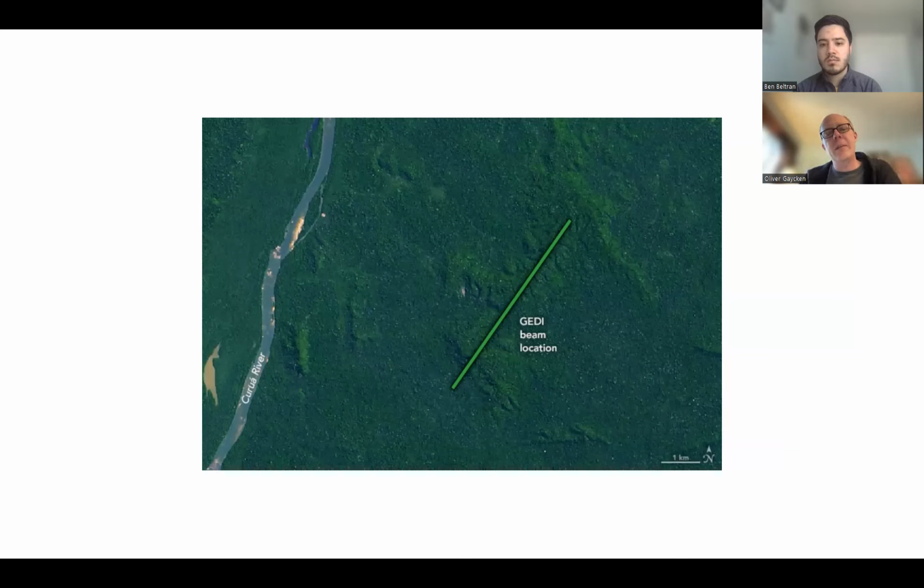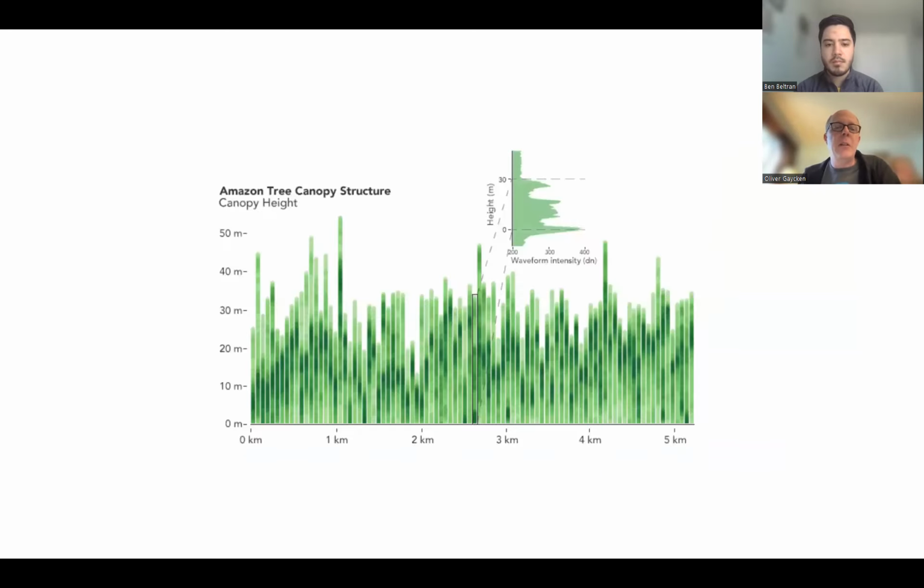So here's an explaining image from the presentation that the students gave. And if we get the next image, here you can actually see what the data looks like, so that instead of just covering the surface, because this particular instrument is using LiDAR, it can penetrate and give you a sense of the density of the tree canopy from where it starts all the way down to the ground.